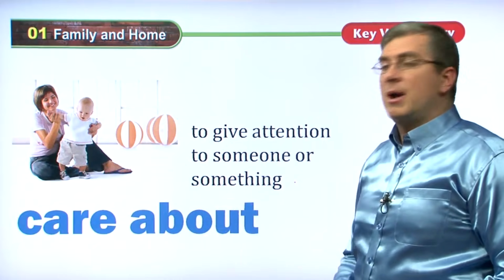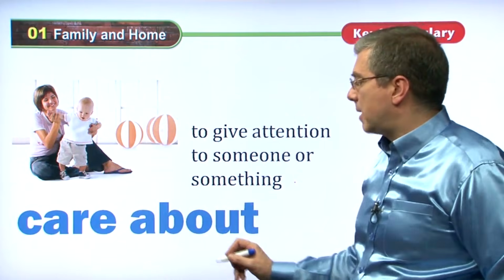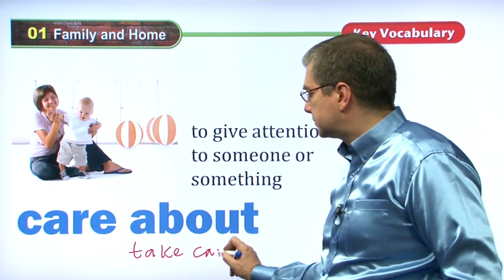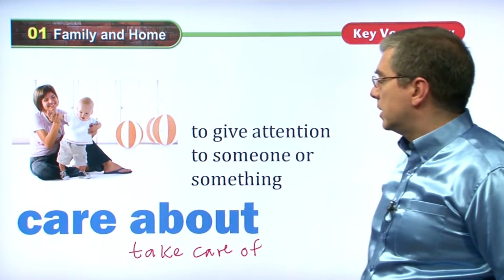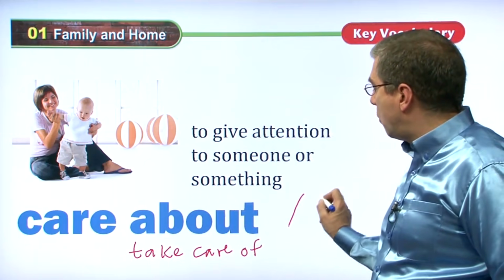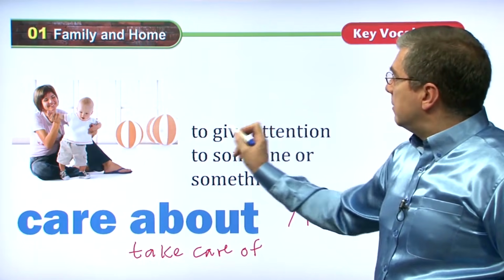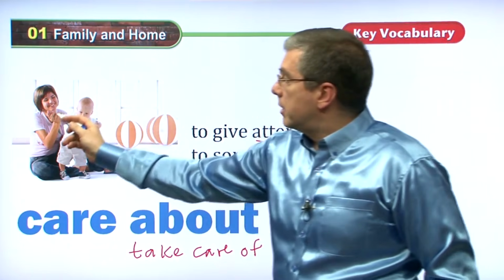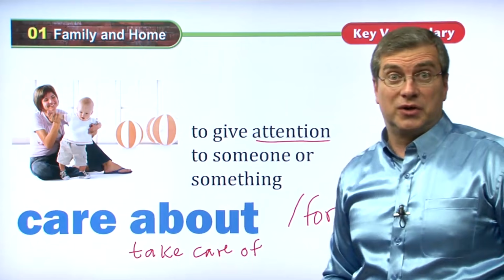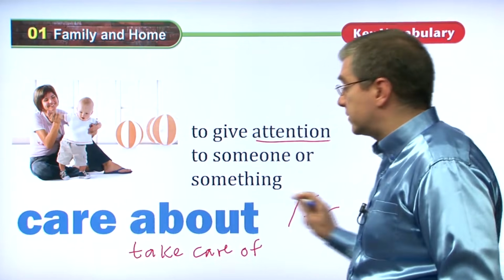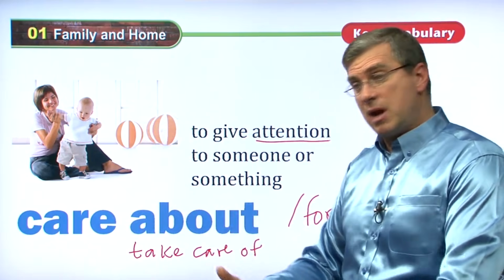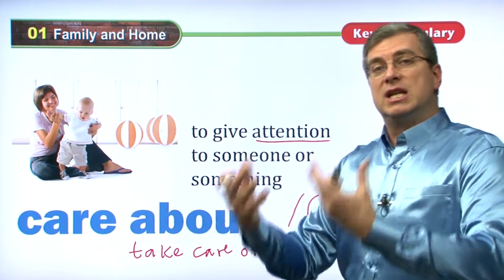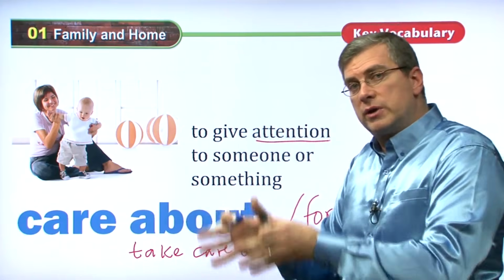Okay, before I talked about care about, right? I talked about take care of. You take care of other people. Take care of. You care about. You could also say care about, you care for somebody. It means to give attention. So you give attention to someone or something. Mother cares about her kids. Of course, she gives them attention. She cares for the kids. That means she gives them help. She takes care of them. She supports them. And of course, she helps them. She gives them attention. Her attention is focused on the kids.